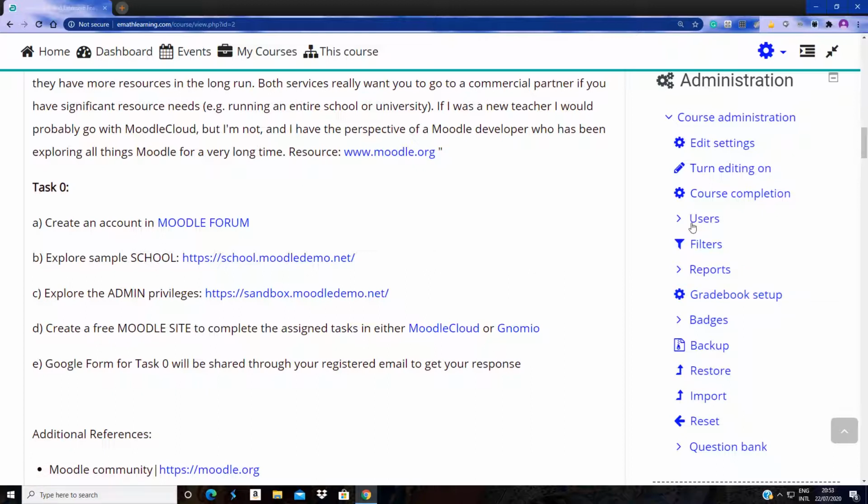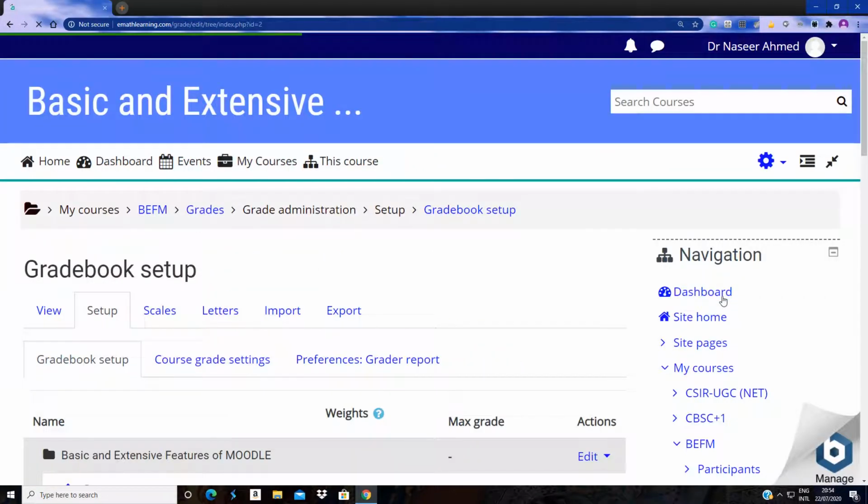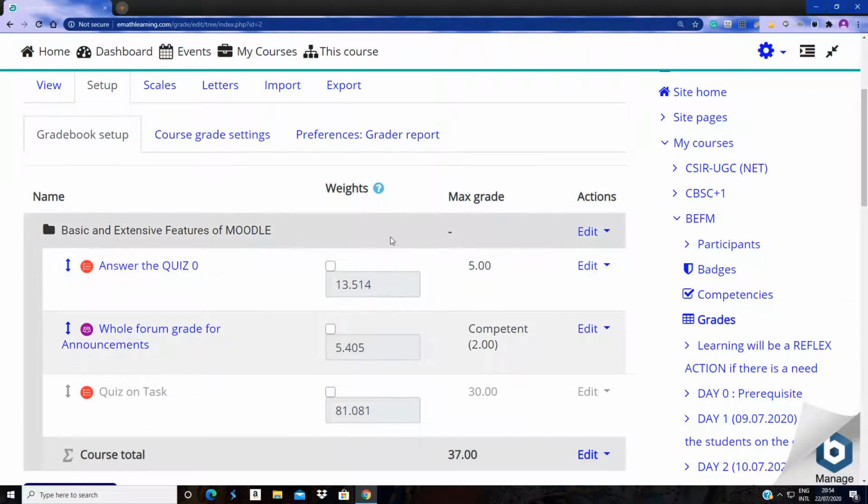Again, in course administration, in the right side navigation bar, you can find a menu called Gradebook Setup. Just I'm clicking the Gradebook Setup. So in the Gradebook Setup,